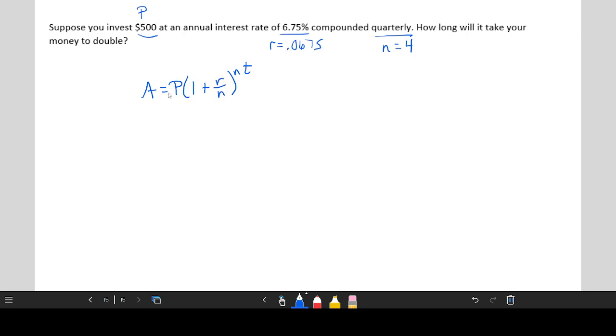And then this formula gives us the amount after t years. So if we substitute 500 for p, 0.0675 for r, and 4 for n,